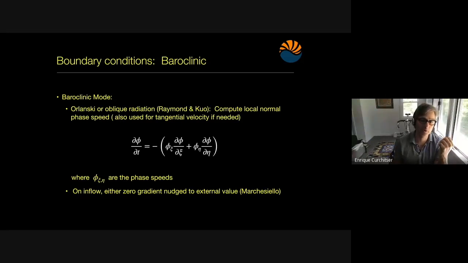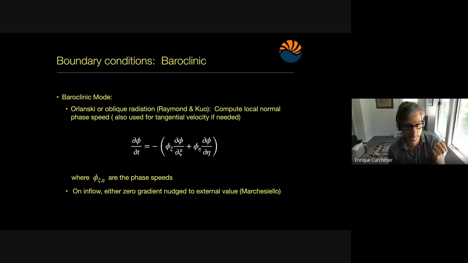It was modified in the 80s, I think it was 84, in the paper by Raymond and Kuo, which is 3D. You can do the two-dimensional radiation or oblique condition for the phase speed, and based on those you can compute the local normal phase speed